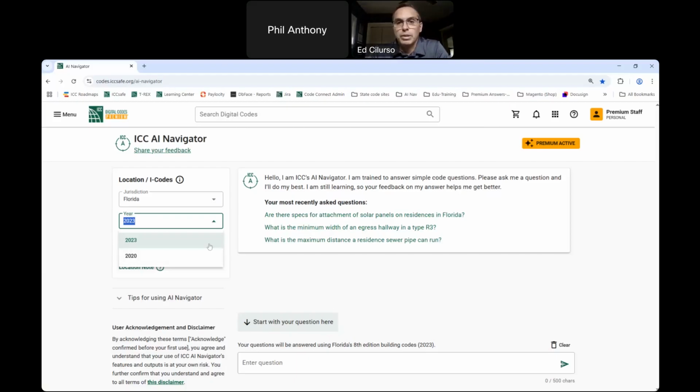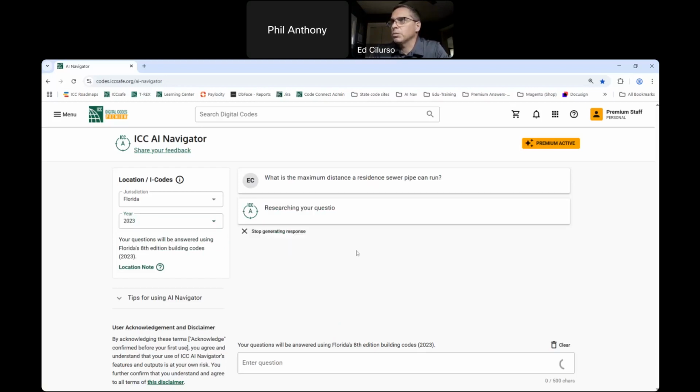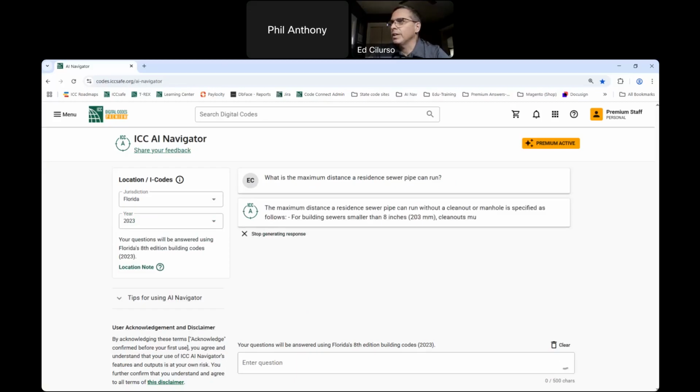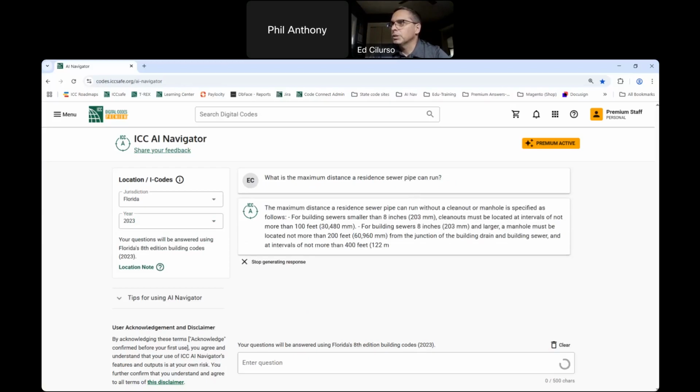It does help. It's definitely the case that we can take AI Navigator at this point and point it at almost anything. If it's building codes and it looks like building codes, it'll do a reasonable job. But it always benefits from specific training. You do have access to the last 3 questions you've asked. I'm going to just select one real quick to get it to re-ask that question. Using Florida, using its current cycle, it's going to take, in this case, a little less than 5 seconds, and it's going to give me an answer to that question.